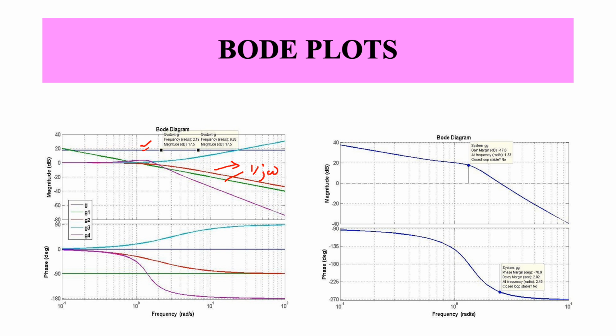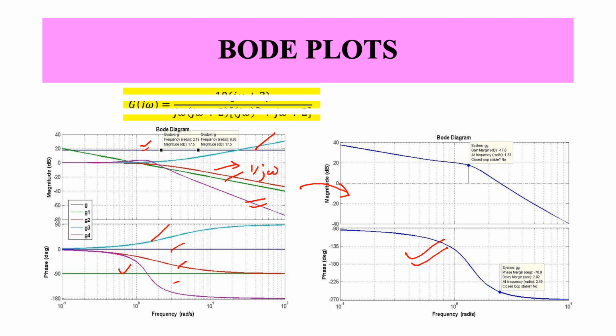The greenish curve, I don't know this curve, but this would be 0, and the first order term which appears in the numerator. Then this purple line will be just the second order term. Add these lines and I get this plot, which actually looks like this. Similarly, I will have a phase for each term, a phase diagram. I will add them and I will get this as a combined phasor diagram for the given transfer function.